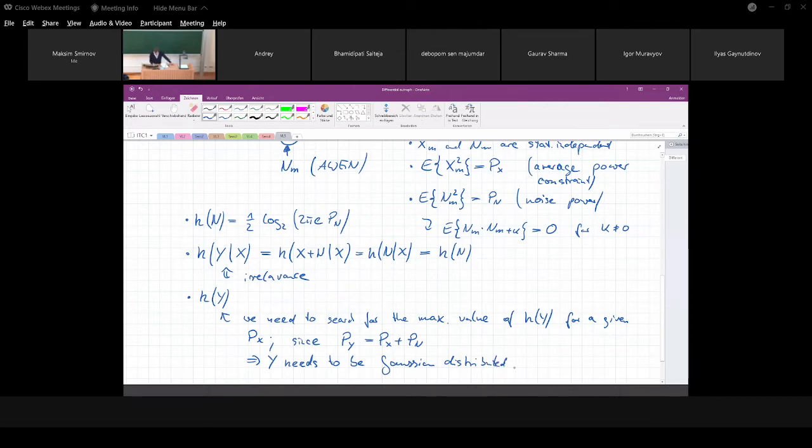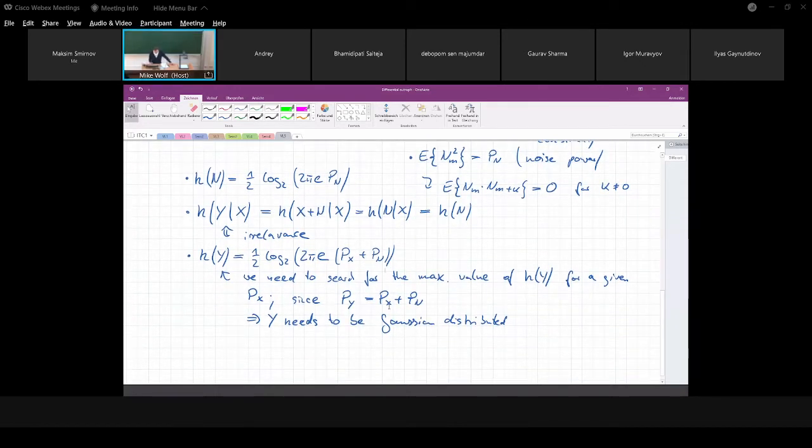Then we can write this as equal to 1/2 log 2 of 2 pi. What is the received power Py? We write this as Px plus Pn, since the noise is statistically independent from our signal. This is just Py. And therefore we get I max, which is basically